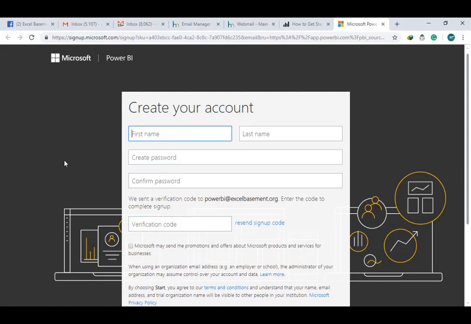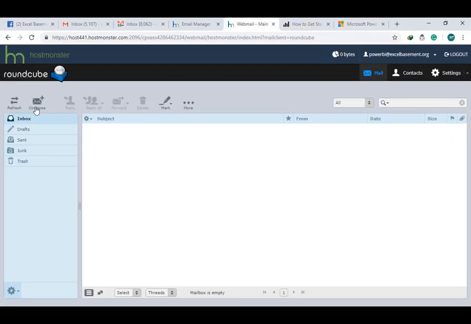I will just fill the form quickly: first name, last name, creating a password, and then the verification code. This verification code will be sent to your official email address which you just mentioned here. I have mentioned powerbi@excelbasement.org. So I will click and check whether I have received that email or not.